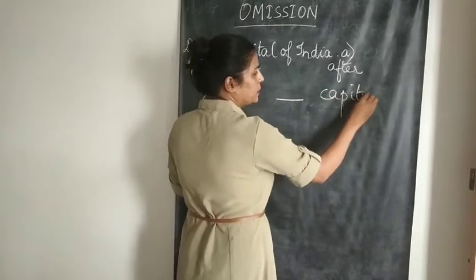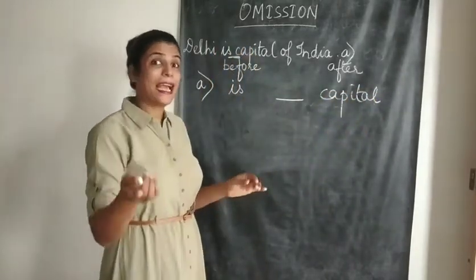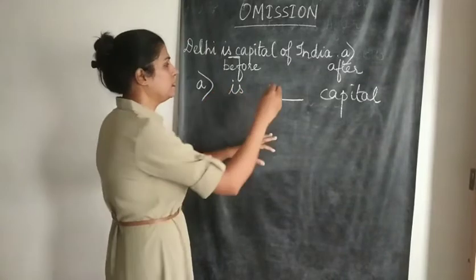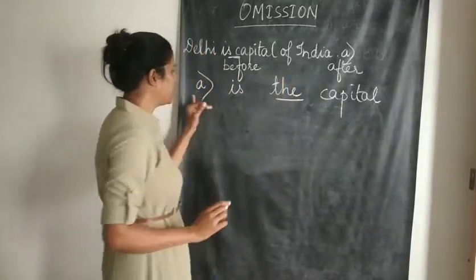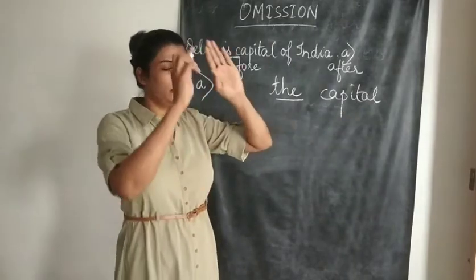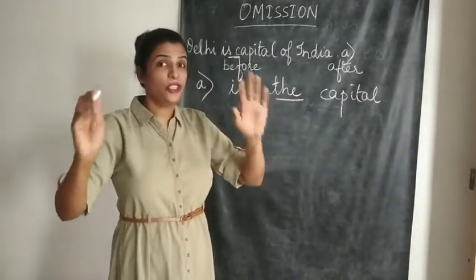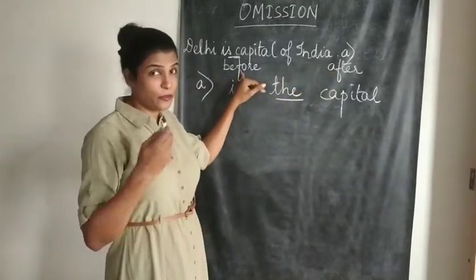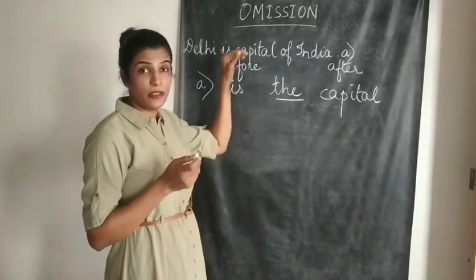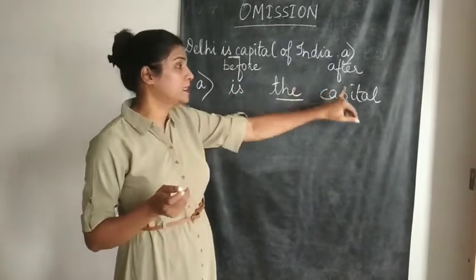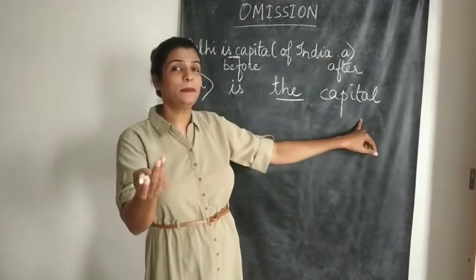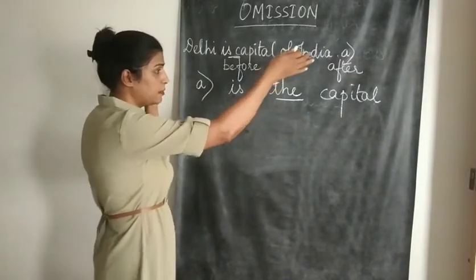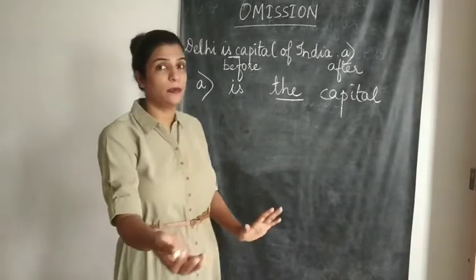So I wrote down both the before and after words first, and then I will write the missing word in the center. What is the missing word? The missing word is "the". That's it. Your answer should look like this. You need not copy the passage for me. You just have to write A, B, C, D, before, after. Even if you don't write before and after, it's understood that the first word is the word before the missing word, and this is the word coming after the missing word, and the missing word should be underlined. That is how you have to solve, and your answer will look like A, B, C, D, E, F, G only, whatever is the demand of the question.